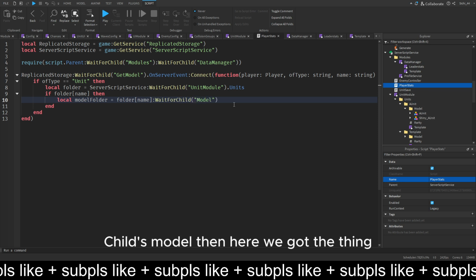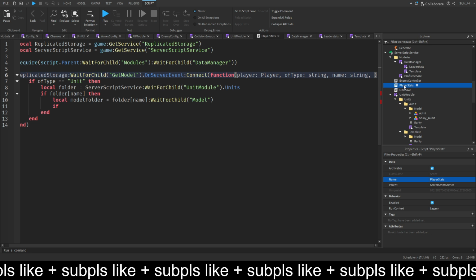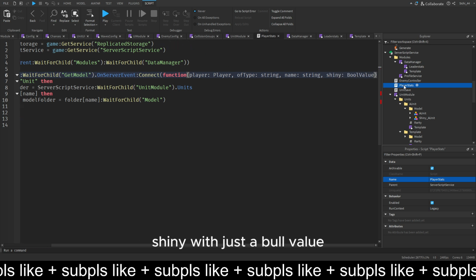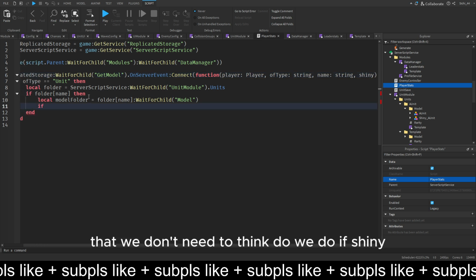Then here we got the thing. Then we do if shiny with just a bool value. But we don't need the whole thing. Then we do if shiny,